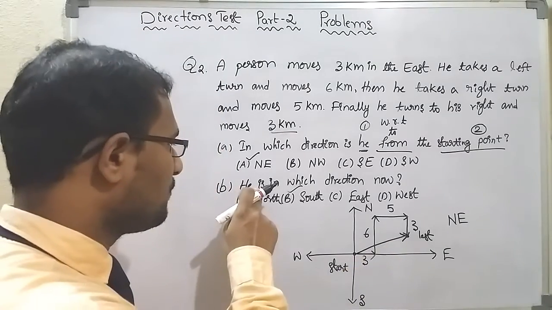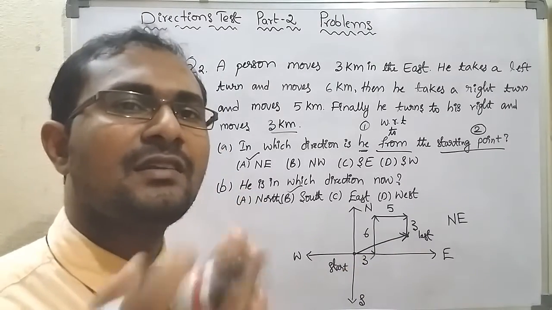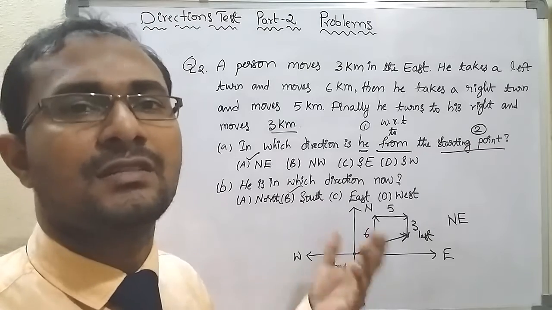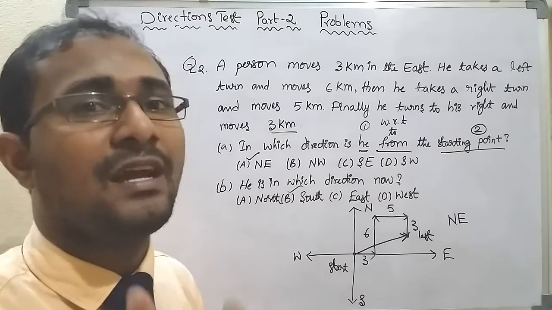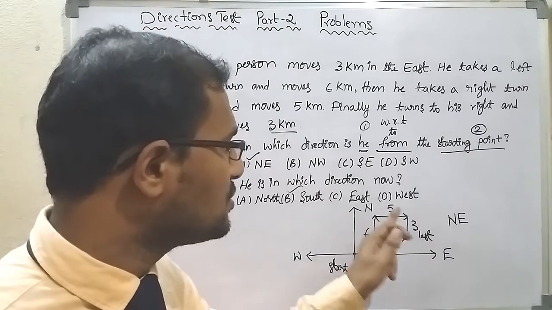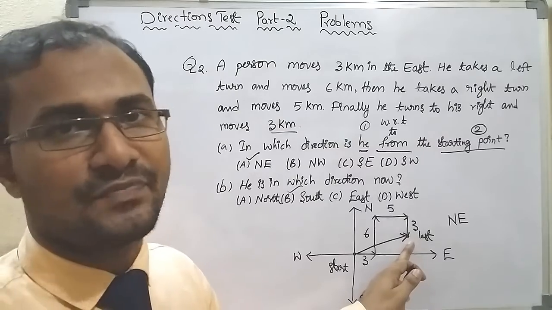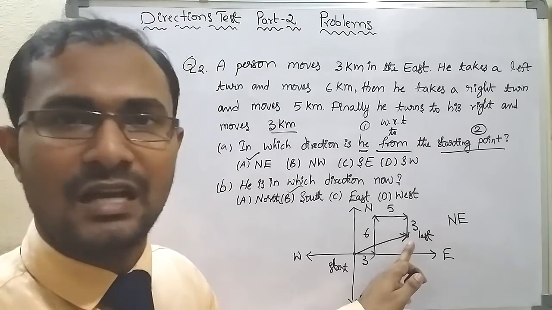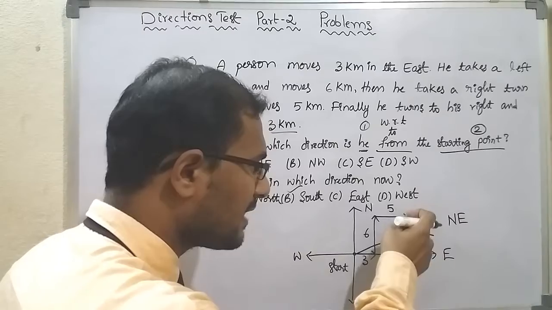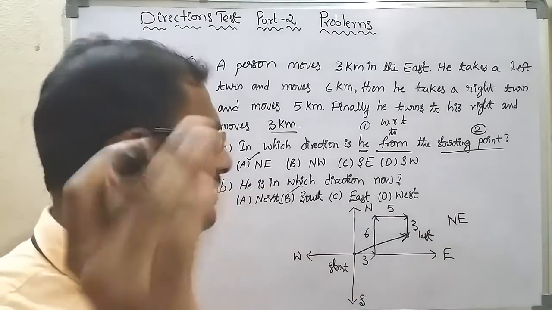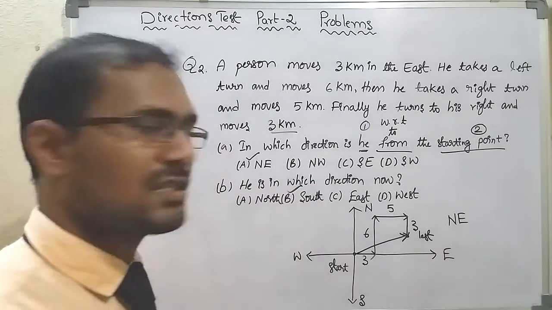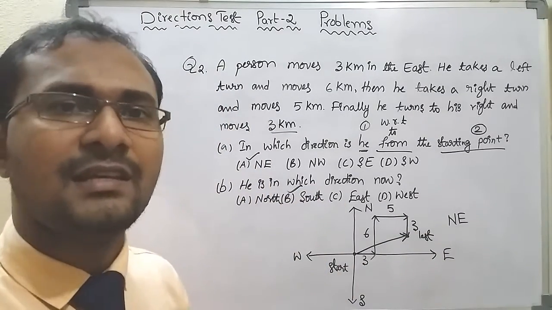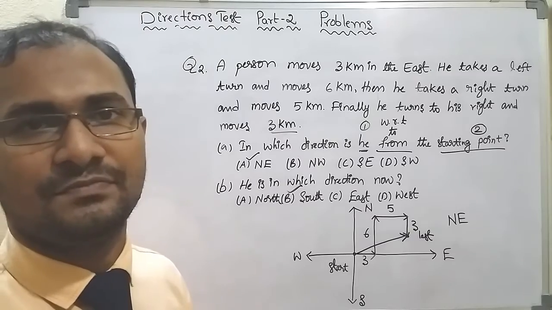For the second question, that means a question related to direction without keywords, how we have to take the answer? Final journey direction is nothing but the answer. In the diagram, after drawing the diagram, final journey direction is the answer. So here in this diagram, final direction is south. That is why I have taken my answer as south for part B. Okay, let us see the third question.